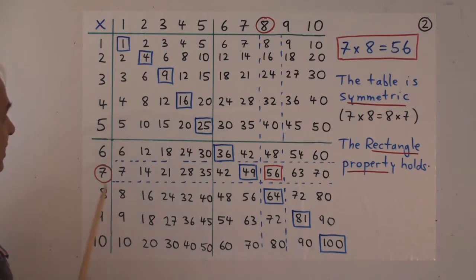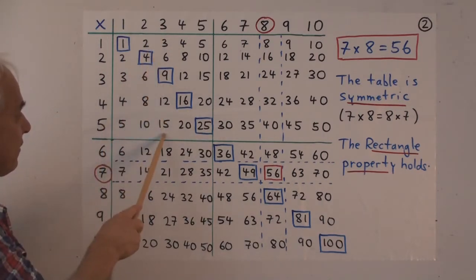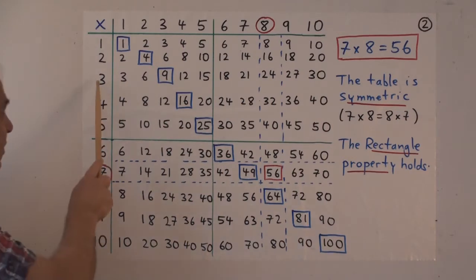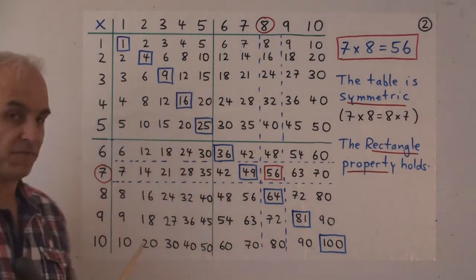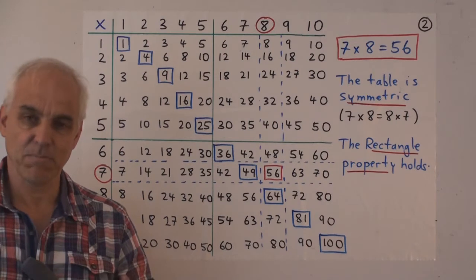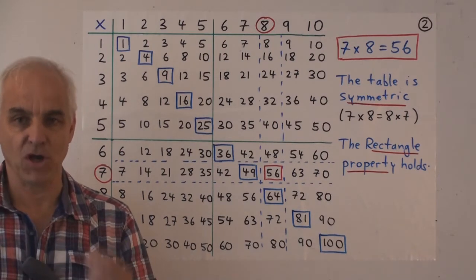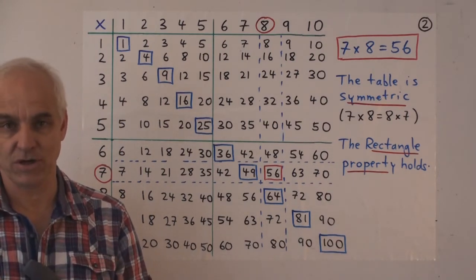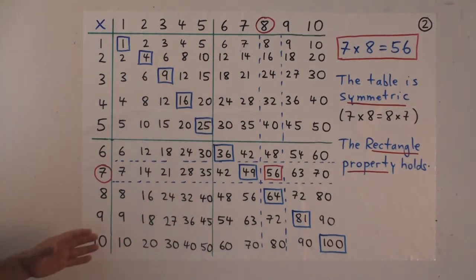And the basic symmetry is that 5 times 3, this 15 here, is the same thing as 3 times 5, that 15 there. This is the basic commutative property of multiplication. And what that means is anywhere in the table, if you have A times B, the entry should be the same as the entry under B times A.